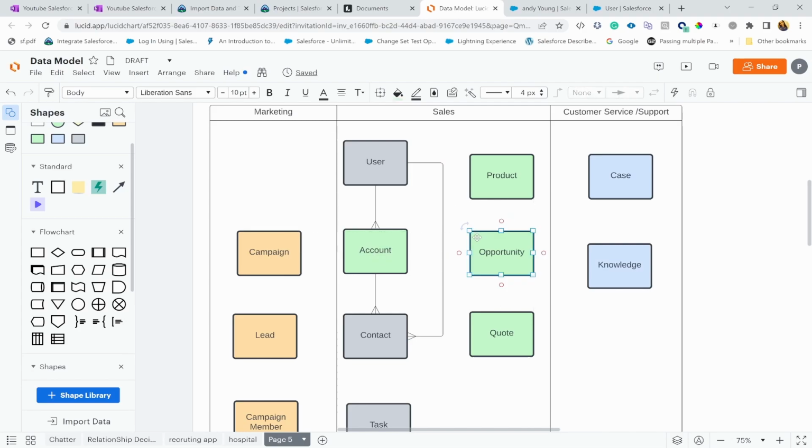Then we have opportunity. Opportunity object is basically how do you track your deals, right? So again, coming back to that company example, so you're a business, you're selling something, and if you want to track that, what am I selling and how much does that cost? So that's where opportunity comes in. Let's say you